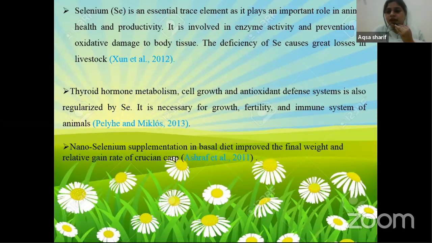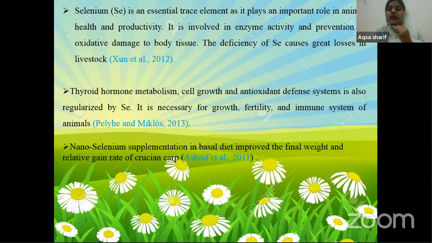We use selenium, a trace element in the fish body responsible for various physiological functions. For example, it is involved in enzyme activity and prevention of oxidative damage to body tissue, as alpha tocopherol also prevents oxidation. In the same way, selenium nanoparticles also prevent oxidative damage to body tissue, and its deficiency causes great loss